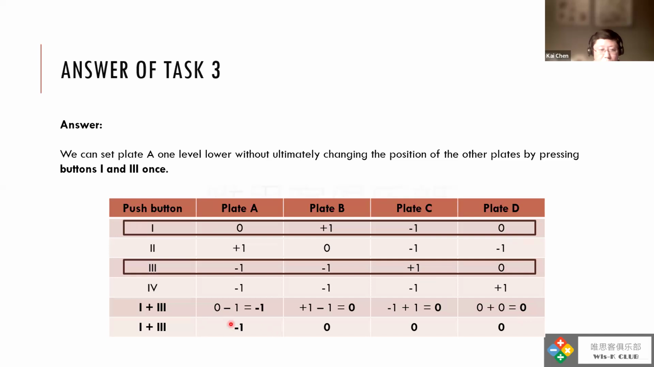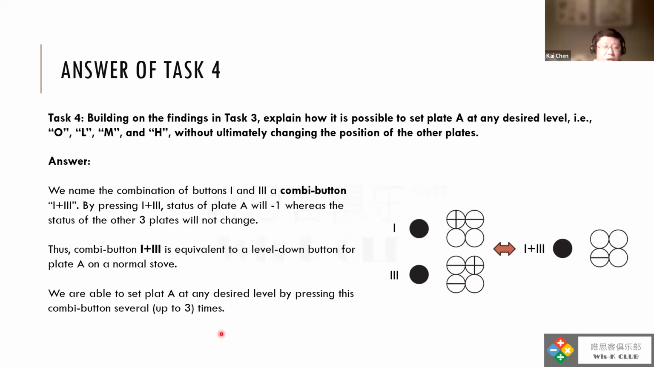So in total, we have a combination of 1 and 3, so -1, 0, 0, 0. So that's indeed a good control of only plate A. Yeah. So task number 4 is quite straightforward, right? Now we know how to lower the temperature for plate A, and we can do this multiple times,